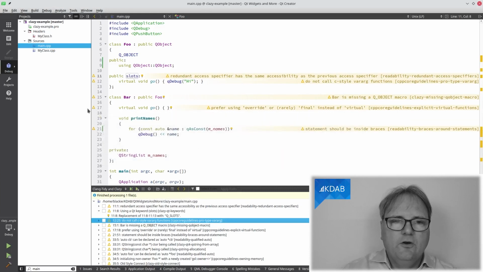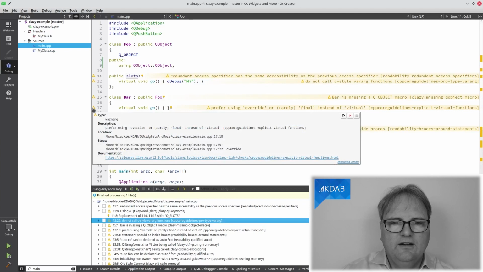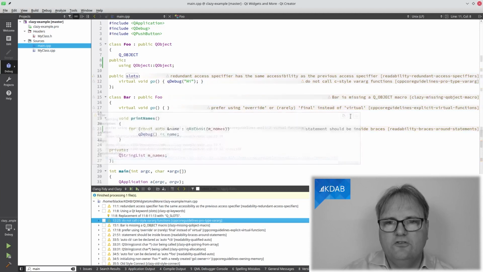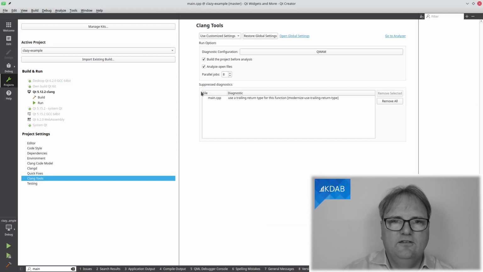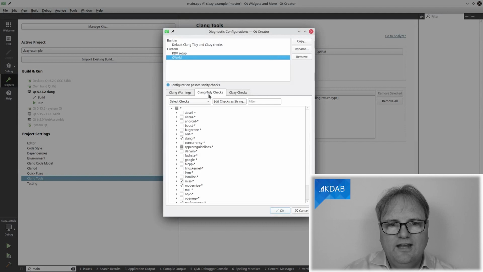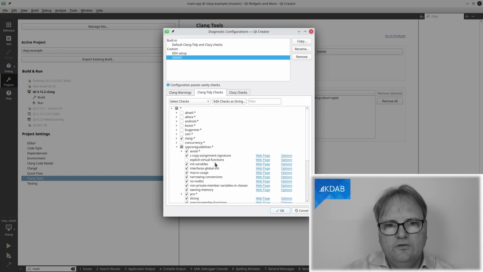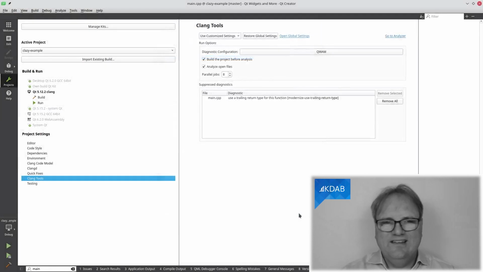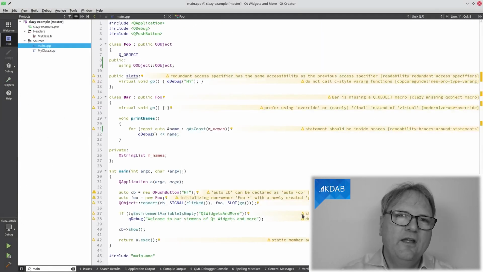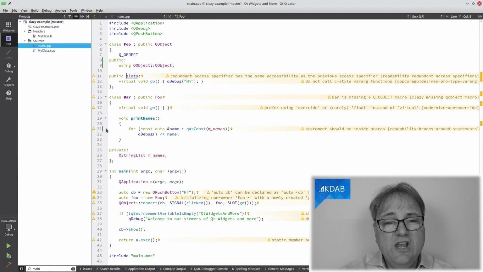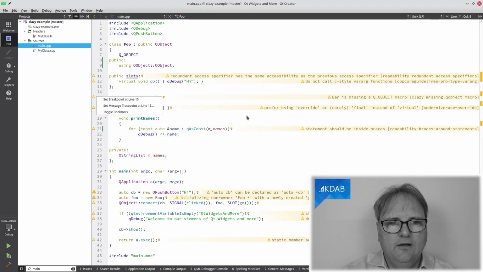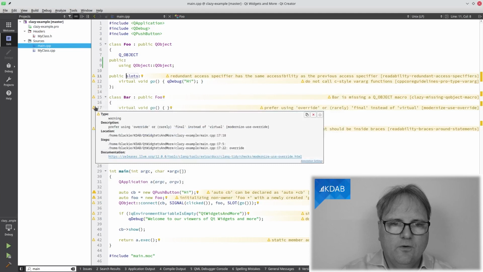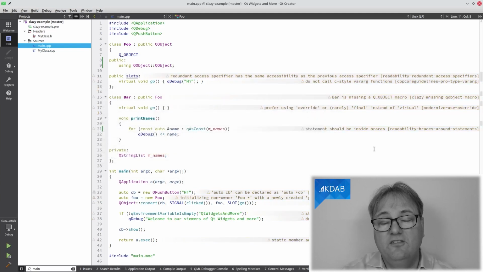I can move my cursor on top of the warning sign here, and I can move over to this cross. And now that actually did the, let me go and find it here. And it was a Clang-Tidy, this one. And you can see CPP core guideline, explicit virtual function. I now turn that off. Yes, it is nice that I can do it like that. But on the other hand, I'm also really worried that one day I'll be doing something and then all of a sudden I managed to press the cross and something very important is gone.